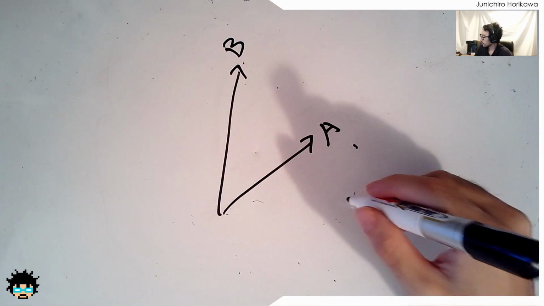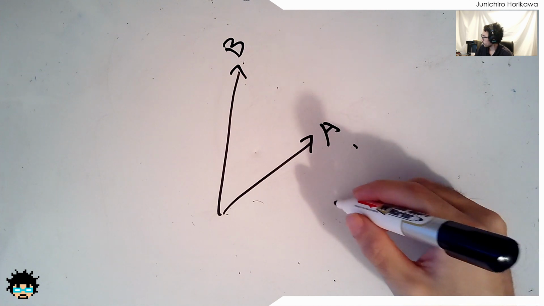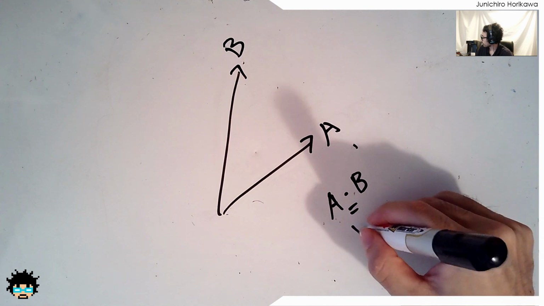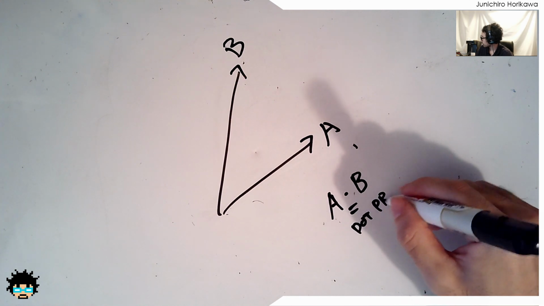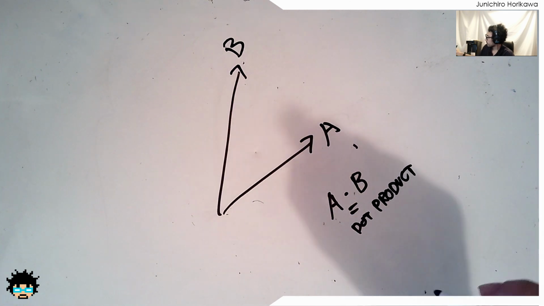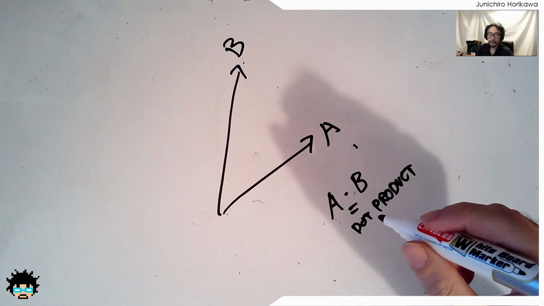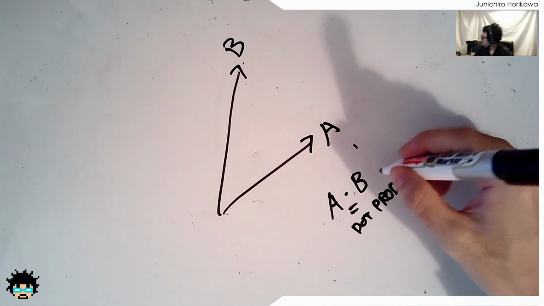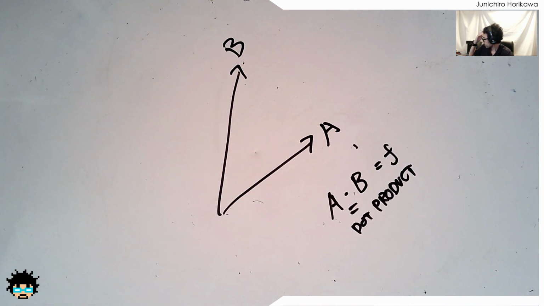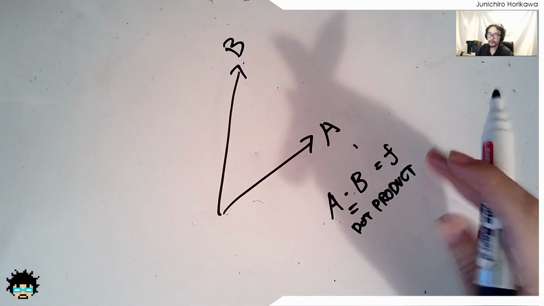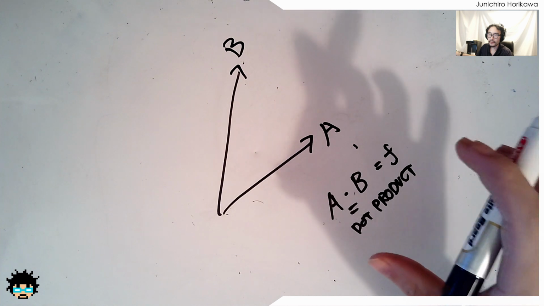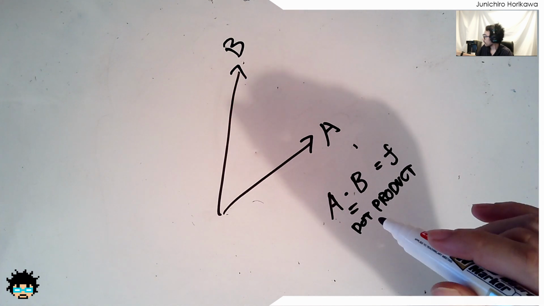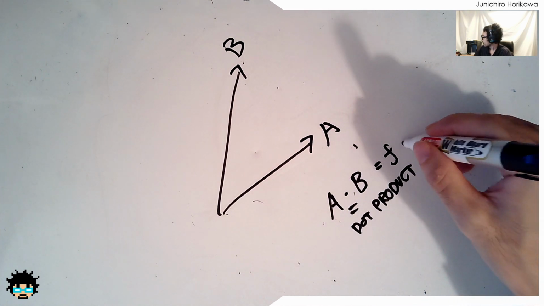And the dot product is written in mathematical terms like this, A dot B. So this is the dot product. And the result of dot product of two vectors is always a float value or a number value. And this number value is actually a projected size of two vectors. What I mean by projected length,